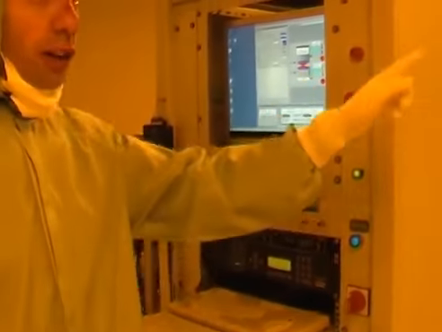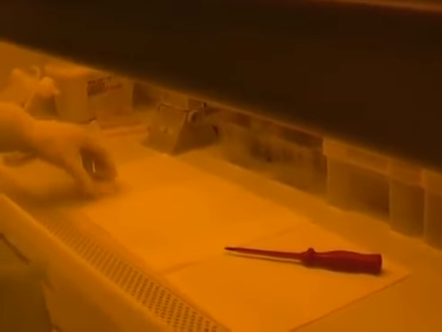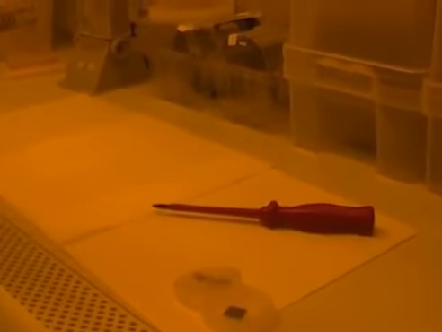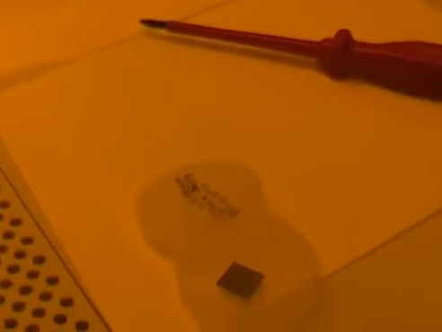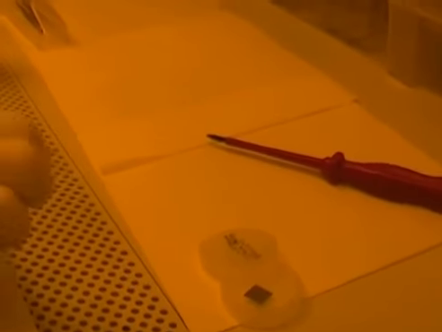So if we go over to the cabinet, this is where we do the loading of our samples before actually doing the Placis. I have my sample ready for metal deposition prepared here, and depending on the kind of metal evaporation and the type of metallization that I want to do,